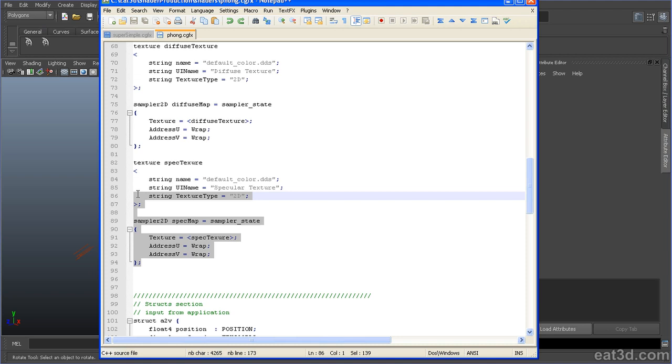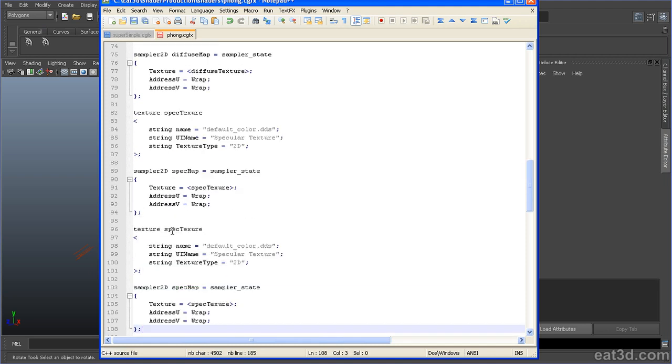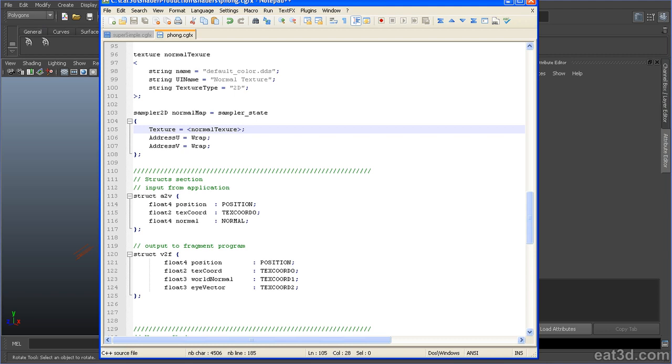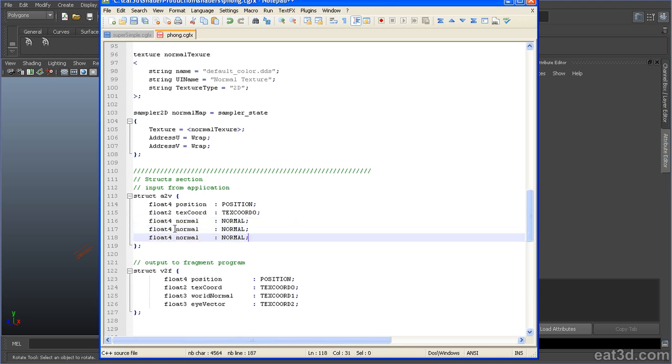So the first thing we want to do is add a slot for our normal texture. The same way we did the other two textures, copy and paste, rename from spec to normal. So that's all there is to it. The other part is we want to pass in the binormal and the tangent information. So we want binormal